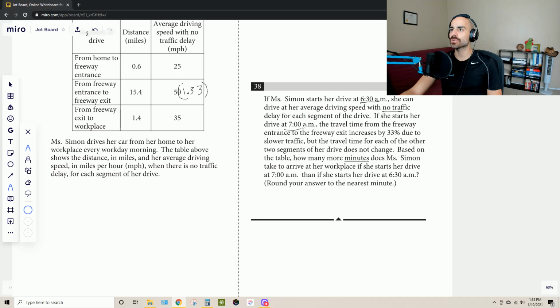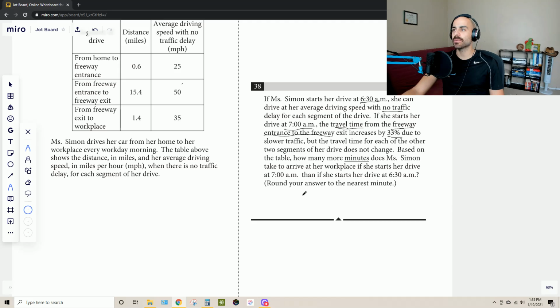But if she leaves 30 minutes later, maybe she took extra time to eat cereal or catch a show, I don't know, now she's catching traffic and she's increasing her travel time by 33%, but that's only from the freeway entrance to the freeway exit, which is this point right here. Now, what we wanted first, if everything else is staying the same, they want to know